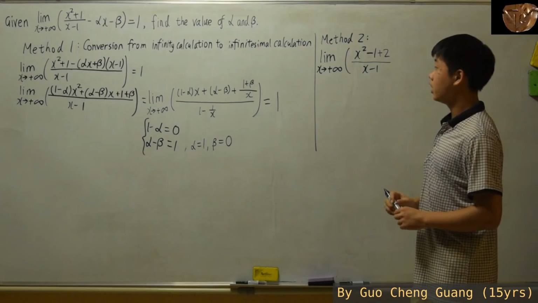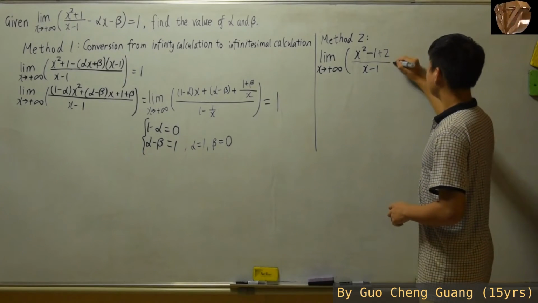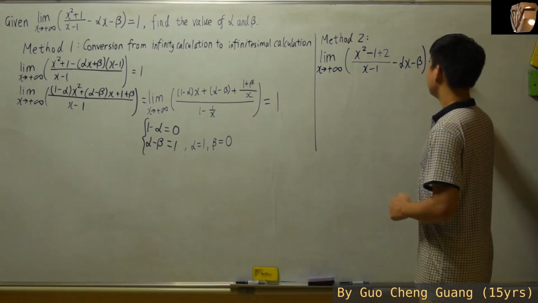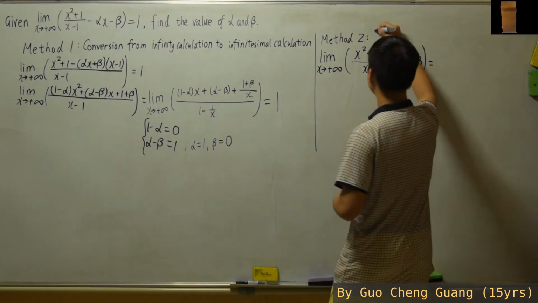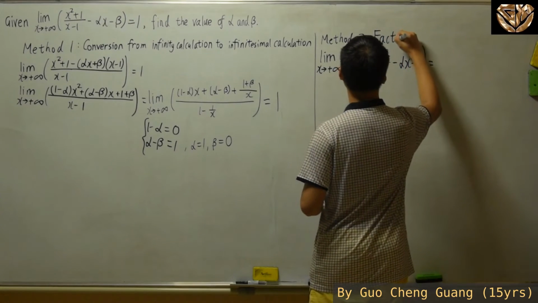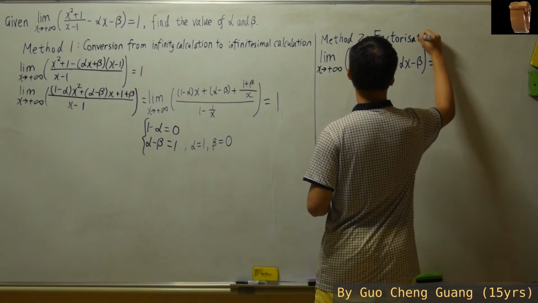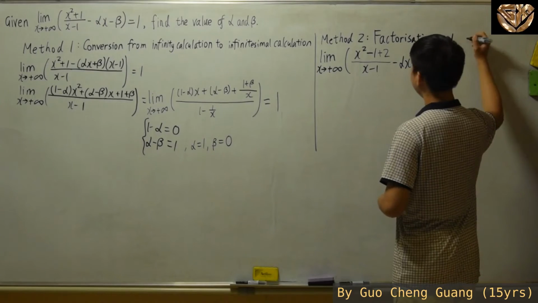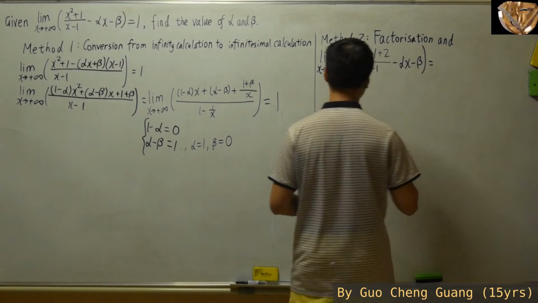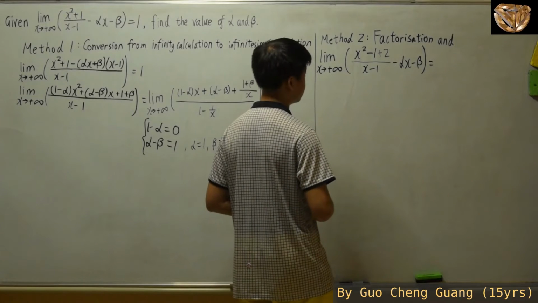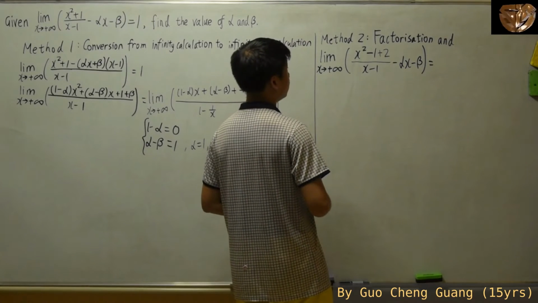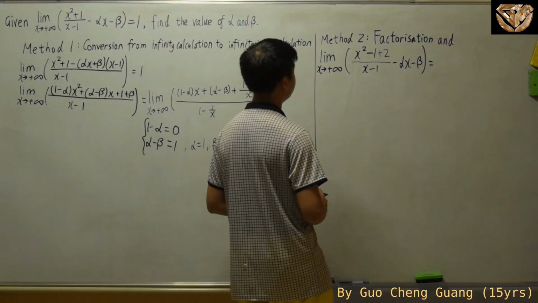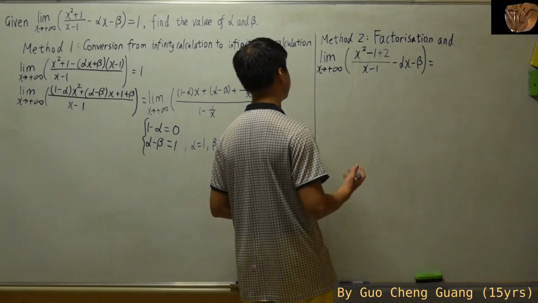Then you have over x minus 1. Alright, and the rest is minus alpha x minus beta. So this method will be factorization, and so what do you think we would need to use afterwards? Of course, you're going to have to separate them into two, well, not exactly two different fractions, but